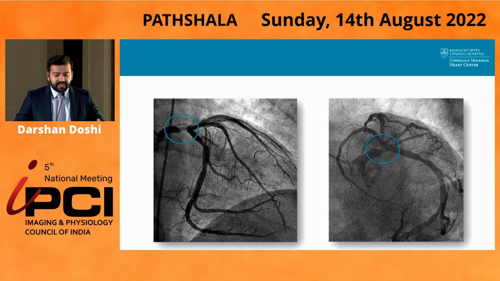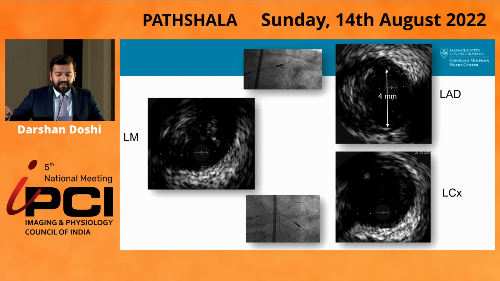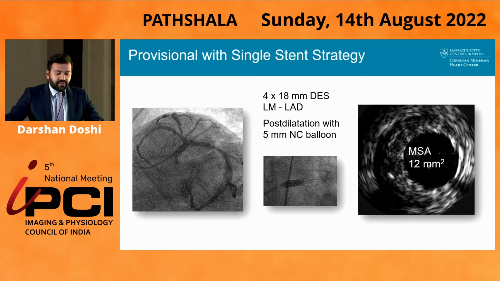Essentially, you see that there's just a left main disease. IVUS is done into both limbs to ensure that you don't necessarily need to treat. There's more disease in the LAD than there is in the circ, so you're probably just going to do a crossover from the LAD into the left main. You see that the LAD has a distal reference of 4 millimeters, so you're going to use a 4 millimeter